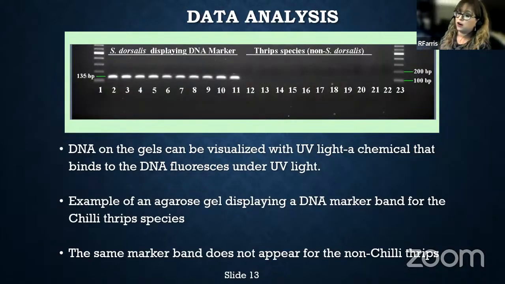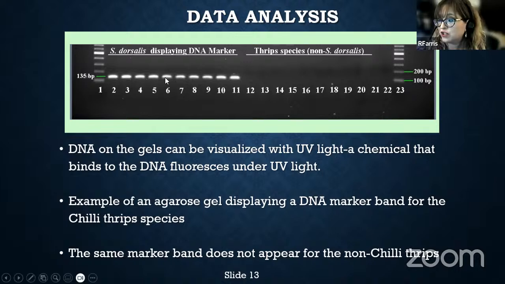So you can see right there, this is a gel showing some PCR products. You can see the PCR products right here, and they're fluorescing. This gel image was taken under UV light. What I want to show you here is an example, this gel, of a chili thrips DNA marker that I designed several years back. It's a conventional PCR-based system, very straightforward. So basically, if you get a PCR product for your DNA, that means it's positive for chili thrips.